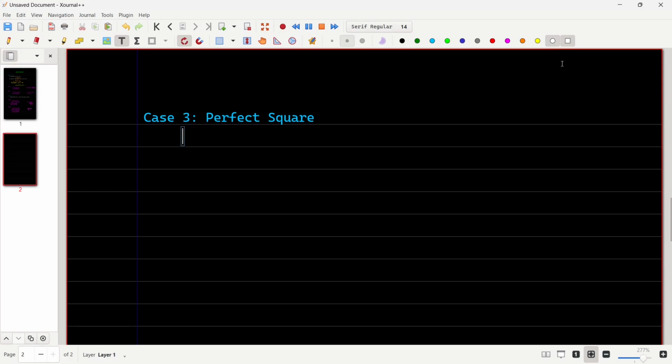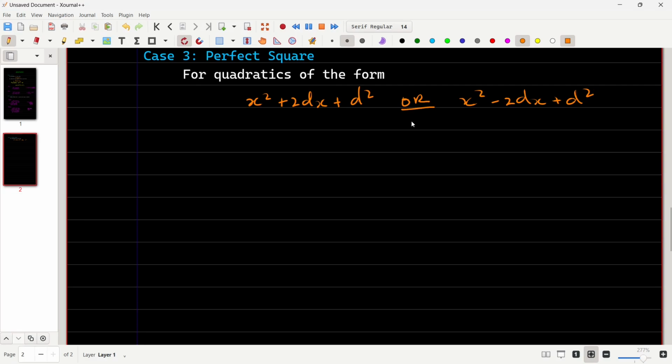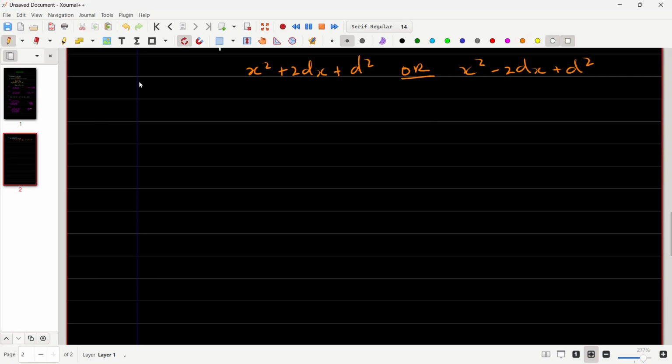So for quadratics that have the form x squared plus 2dx plus d squared, or let's say the form is x squared minus 2dx plus d squared, then the factors are, and I'll put that here, the factors are